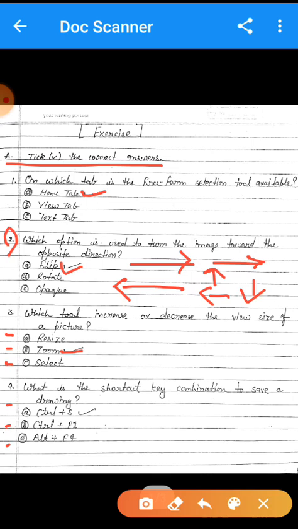And option number C is Alt plus F4. So dear students, option number A, Control plus S, is the right answer. Control plus S shortcut key combination is used to save a drawing or any document.